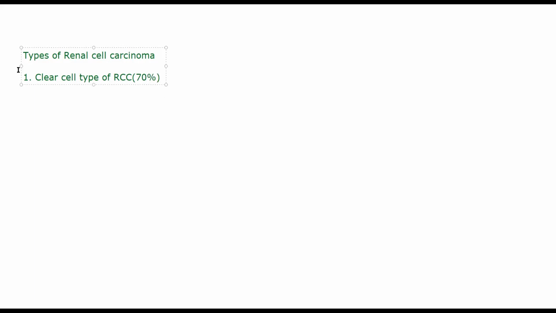What happens in this is the cytoplasm of the tumor cell becomes completely clear. This specifically happens because of removal of glycogen and lipid from your cytoplasm. Any amount of glycogen and lipid that is present in the cytoplasm is removed out, and the tumor itself can show a few patterns, in the sense that the tumor will either show a solid pattern where it is a solid big tumor, or it can be tubular where it is showing a tubule-like structure, or it can be trabecular.